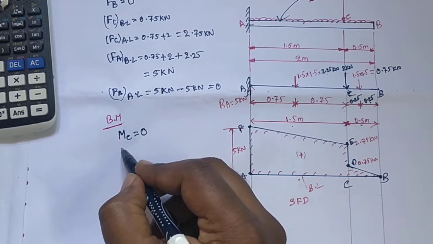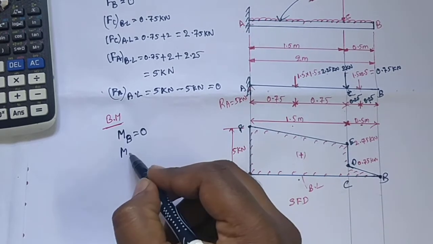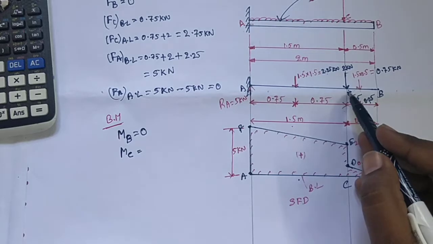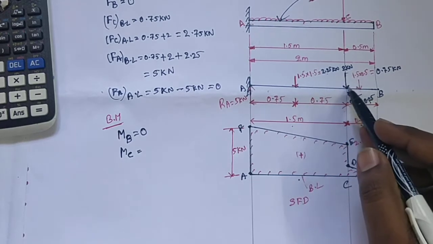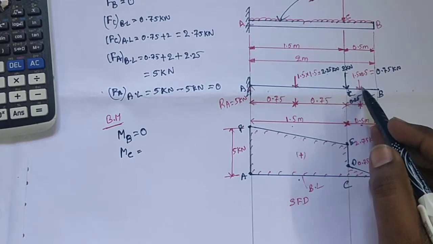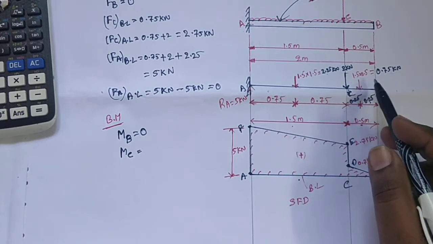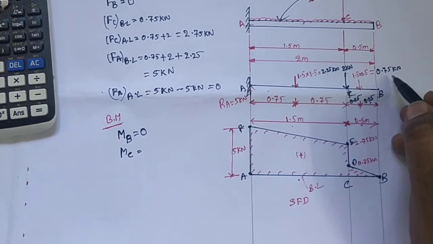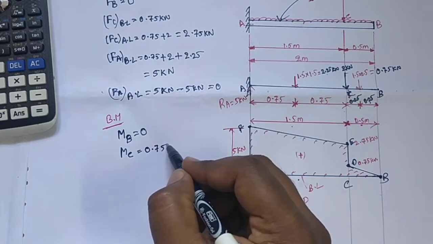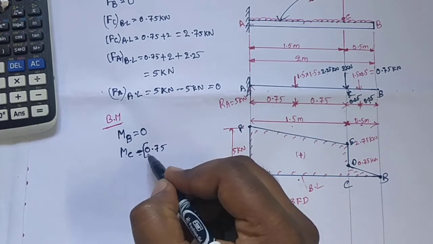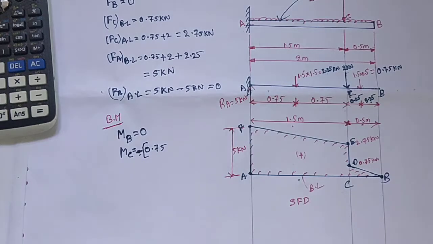Next, bending moment at point C. At point C, acting on point C, one load, and right side of C acting one load, so we need to consider these two loads. Here right side of C acting one load, that load value is 0.75. We need to place minus because the bending moment is hogging, that is negative bending moment. Therefore in front of the value we place minus for a cantilever beam.